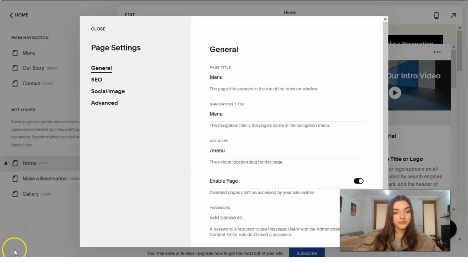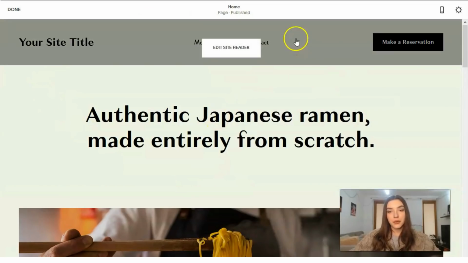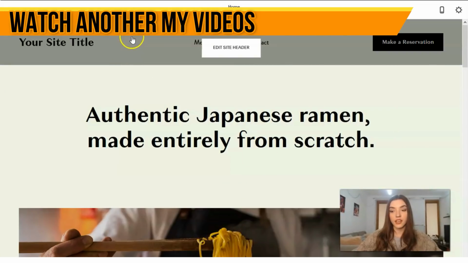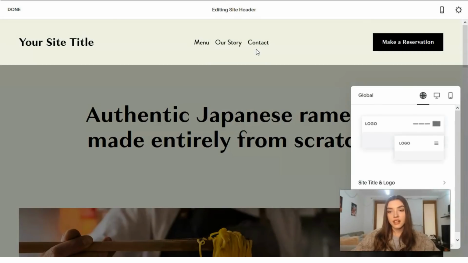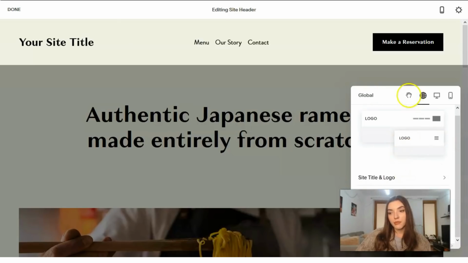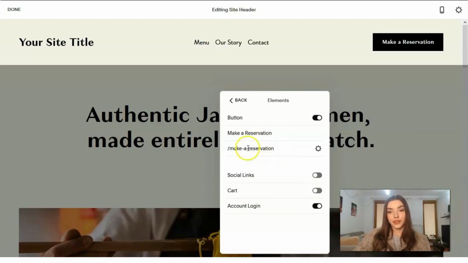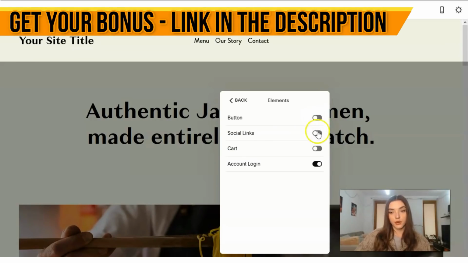So right now we're going to work with this template directly, and we can see that we have many sections. The first one is always a header. Clicking directly on this header, we can add logos. Right now we are working only on the desktop version. This is a global setting, but talking about the elements, we can play with them. We can add a button or delete this button. We can add some links,